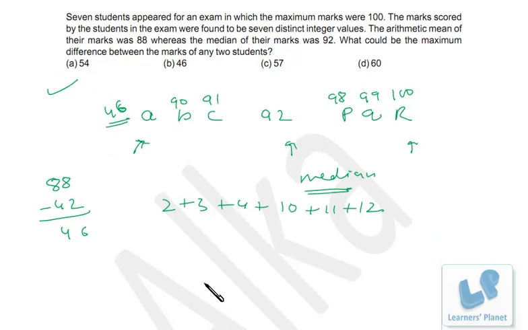I would like to tell you one thing over here. I have calculated the deviation from the mean over here, right? This 2, 3, 4, 10, 11 and 12 are deviations from the mean value, right? You don't have to calculate the entire sum of all these numbers because that will be a time-taking process. We just calculate the deviation from the mean, and that entire deviation should be deducted from the value of A to give the minimum value of A, right?